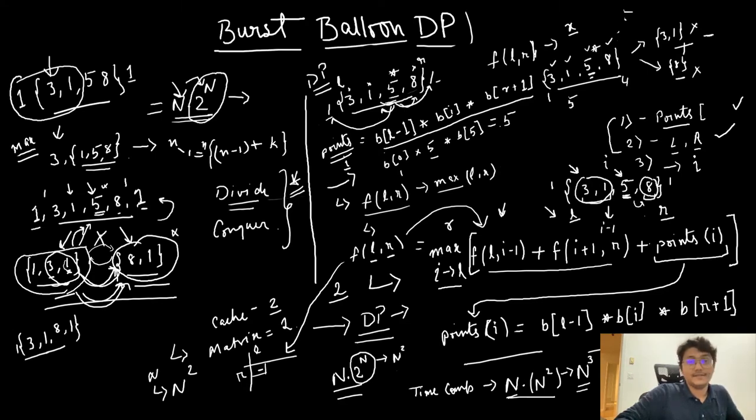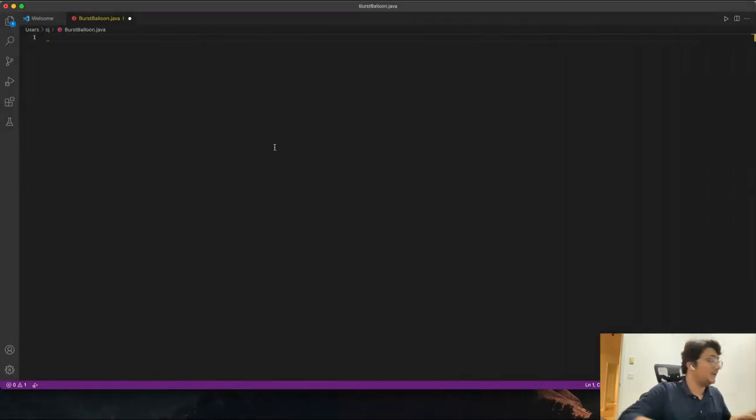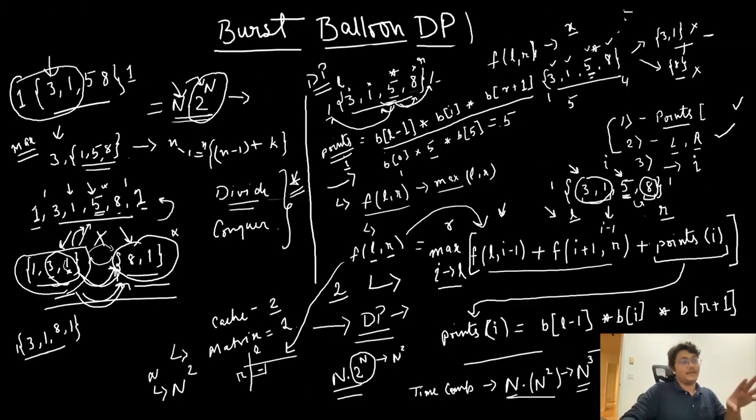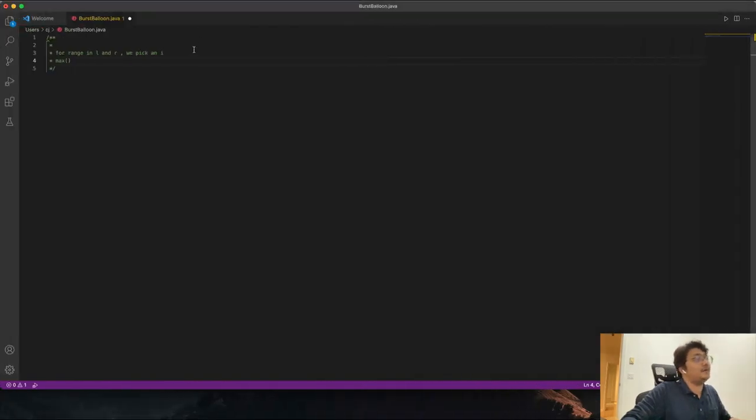Let me just write this in VS Code. So what we are essentially looking for is the max of the things. For the range in L and R, we pick an I. And what does the equation say? For the range in L and R, we pick I, where I goes from L to R,